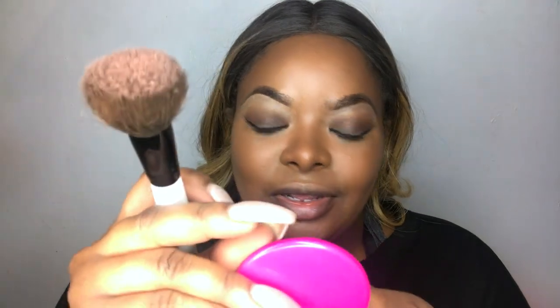Apply some on our brush, and we're just going to apply. That's quite nice. Yeah, that's quite nice. As you guys know, I'm not a blush sort of person, so for me that's ideal. It's kind of like a little peachy colour. Great. Okay, so they didn't have a highlight,